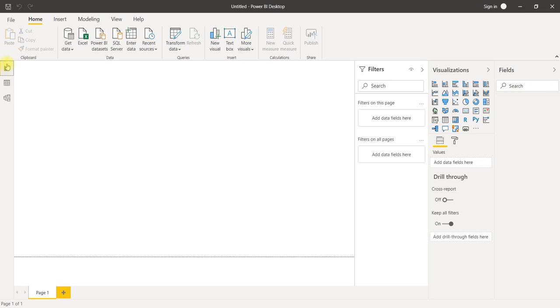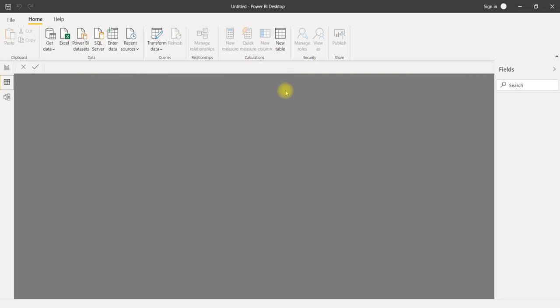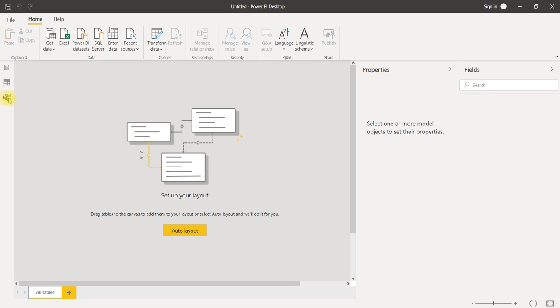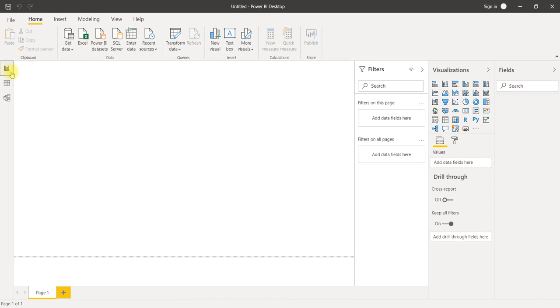On the left hand side you can see this is the report area. If you would like to check the data, once you have connected the data, if you click on this data, the data you are analyzing will be shown. If you would like to build a relationship between data, similar to how we used Access, in the same way we can build a relationship between the different sheets we have in our data set. This is the way we can select any of the working areas here.